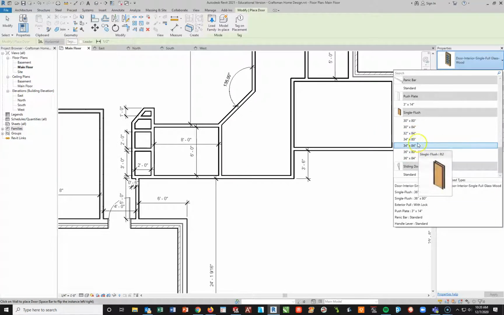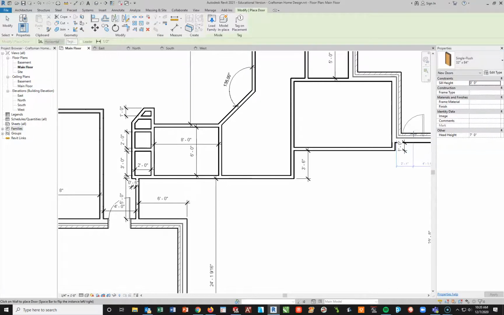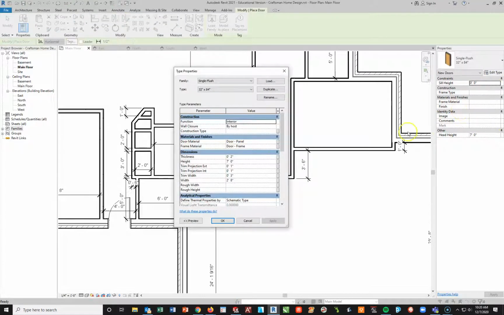Usually, the standard is pretty much a 32 by 80. You can actually customize this. You can go in here and edit the style, so instead of 32 by height 7, you could just go in here and go 80 inches. 6'8" is pretty standard. That's a pretty standard door. Rarely do you find garage doors that tall. You can, but for this case, I want a fire door, and most fire doors are only 6 feet 8